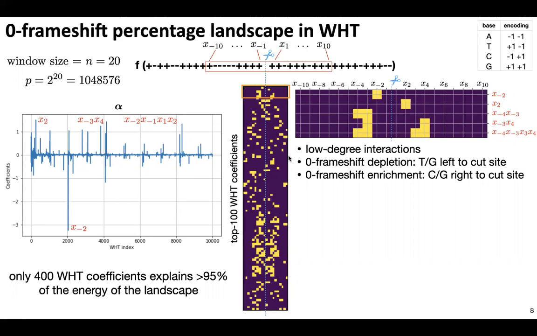You can also interpret the next monomial, x_2, the same way. In particular, you should realize that the only nucleotides that end with a +1 are C and G, and the coefficient of x_2 in the plot on the left is positive. Therefore, the presence of G or C to the right of the cut site will enrich for frame shifts.